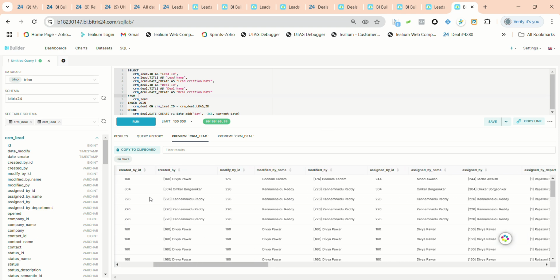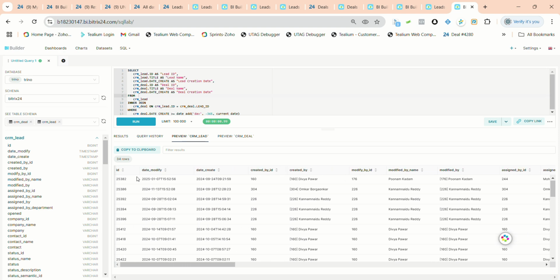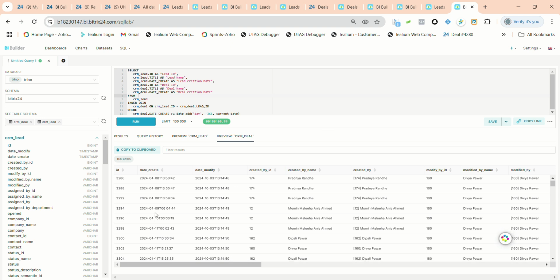See this, the primary key of a lead is ID. In the deal, this ID is a primary key. If you combine two tables,